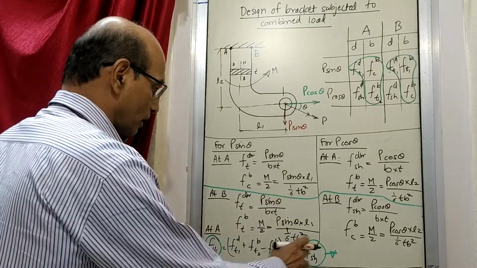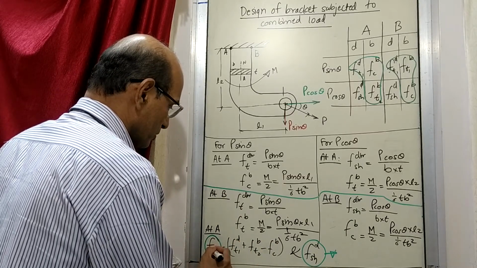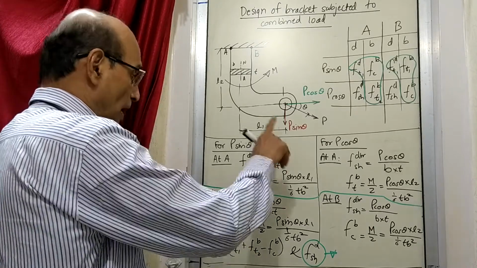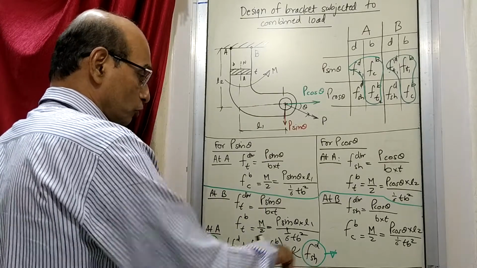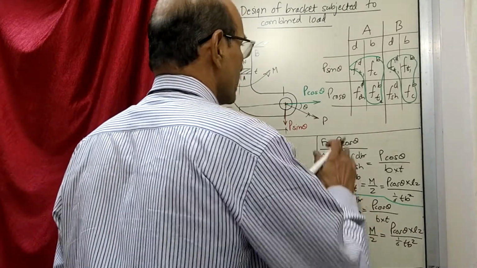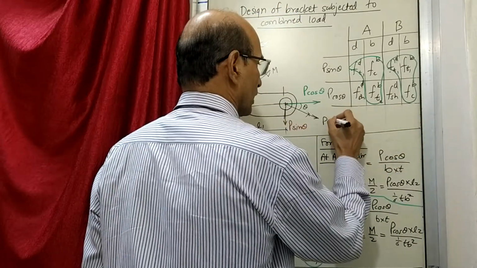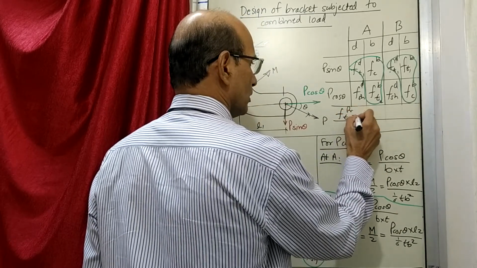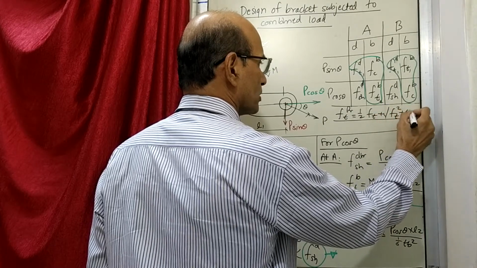So how do we combine this? Let us assume that this is going to be tensile. Suppose tensile is predominant, so this has come as tensile. So at A, there is a tensile stress and there is a shear stress. Therefore, the total stress, there will be principal stresses here. So the total stress, where should I write? I'll write here. Ft, I'll write maybe a smaller one. Ft principal is equal to half Ft plus square root of Ft square plus 4 shear square.